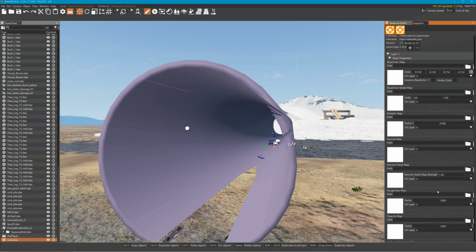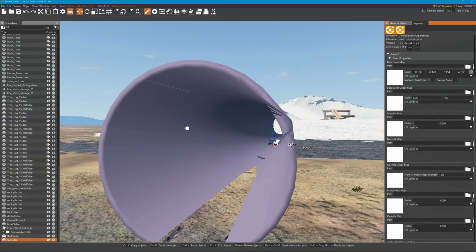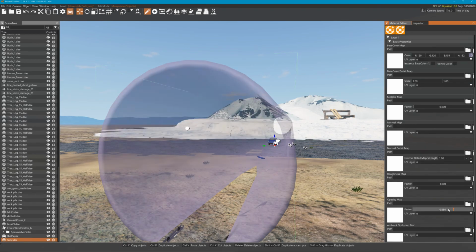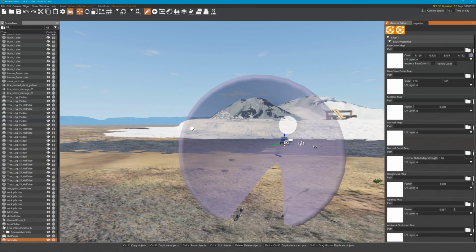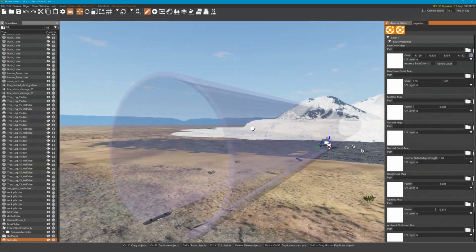But the way PBR 1.5 does alpha is a little different. And this is where I'm a little rusty. I haven't messed with this program in a while. But that was how you would increase the opacity if you're using 1.5. Now, if you actually want to